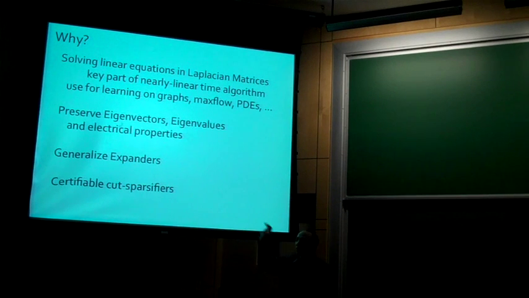It gets us what we call certifiable cut sparsifiers. So we were inspired by another notion I'll explain in a moment called a cut sparsifier. It is a weaker definition, and there were algorithms for producing them. The only drawback is they're randomized algorithms, and you don't know if they work. So the frustrating thing is you run the algorithm, it works with decent probability, but there's no way of checking if your answer is right. This turns out to be a stronger notion, and you can check if you have it, because you can actually compute eigenvalues, where solving some of the cut problems are indeed hard.